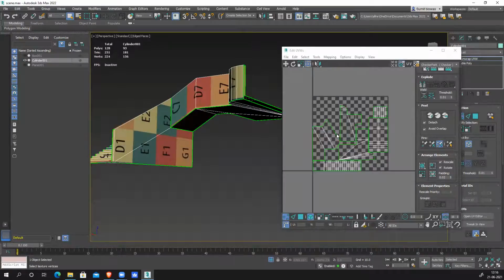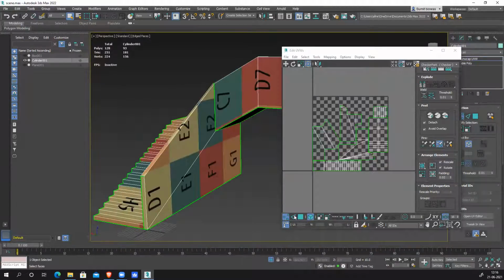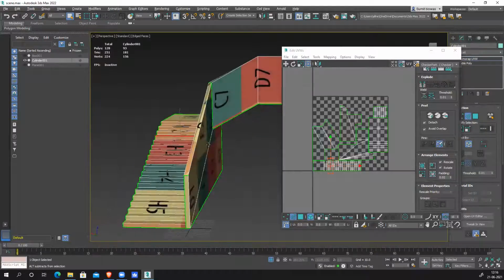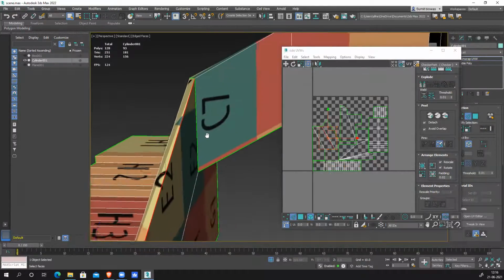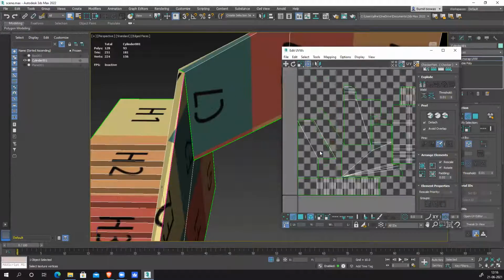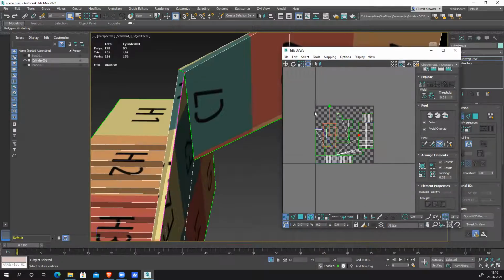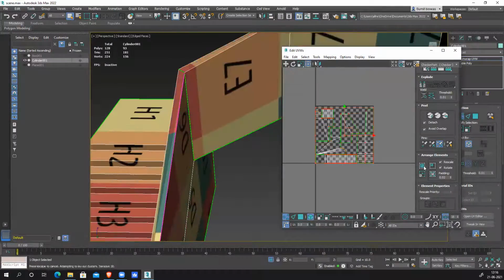This is one single wall. Keep it together, and now to make things better, if I want, I can select this one, break it, keep it straight, pack it one more time.